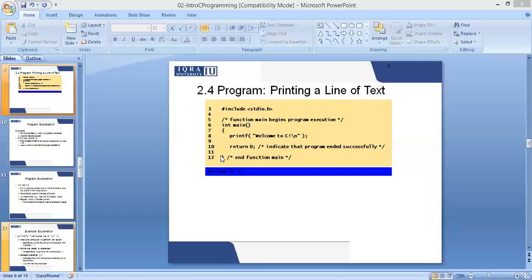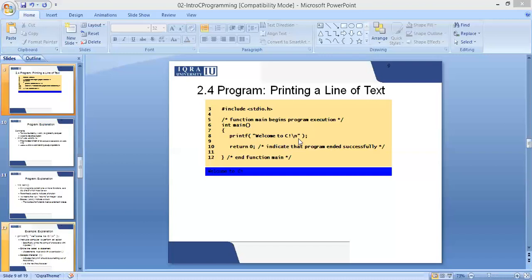These curly brackets on line number 7 and 12 are known as parentheses. The parentheses define the body of a function. Printf is a predefined function which has some action defined in this library. This is the syntax of printf. Whatever you need to give in the output screen has to come within the double quotes. Welcome to C. Now this welcome to C will come as it is on the output screen.